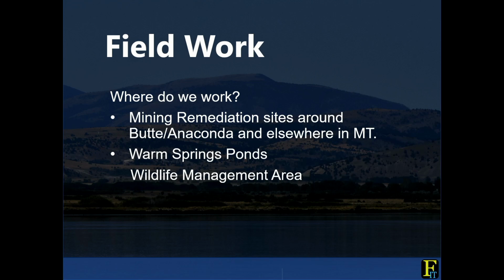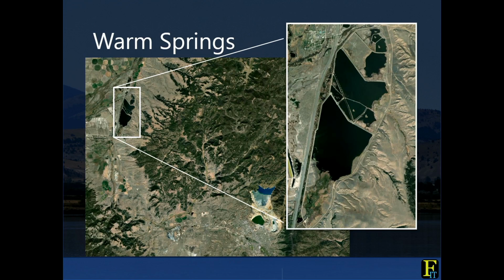All right, so some of the field work we do, where do we work? We typically do most of our work in the mining remediation sites around Butte and Anaconda, on occasion elsewhere in Montana. Today I'm going to talk a little bit more about some of the work we did at Warm Springs Ponds last year. So I'm sure the vast majority of people are familiar with what Warm Springs Ponds is and where it is, but for the sake of completeness here,